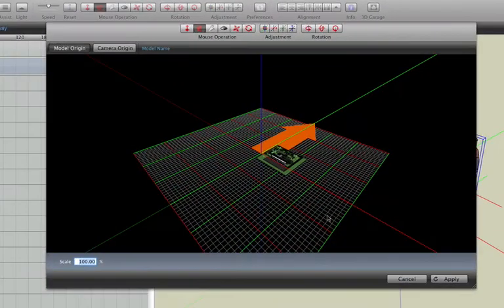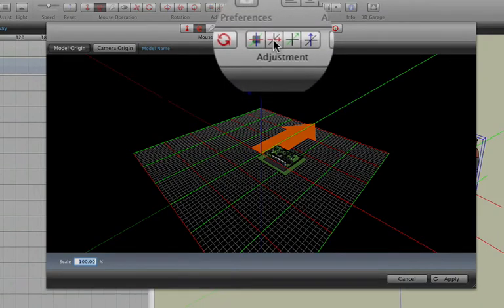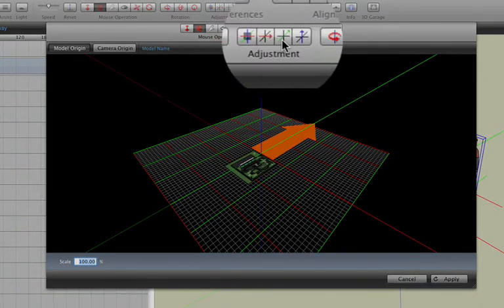And now we're looking in our origin settings window, which opens up whenever you're actually importing a model. Now what I'm going to do is rotate this model because I would rather its long edge run in the same direction as that orange arrow. Not for any particular reason, I just prefer it. That's just my preference. So I'm going to click this button here that has the red,